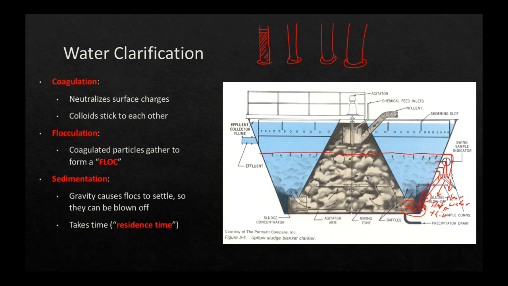Then we go to the second one here, maybe we'll see something very similar, but maybe just a little bit more clear water on top. And then we get to this one here where the sludge is quite a bit thinner. After 10 minutes, we might see that the sludge is there. And the one on the right might be clear water,